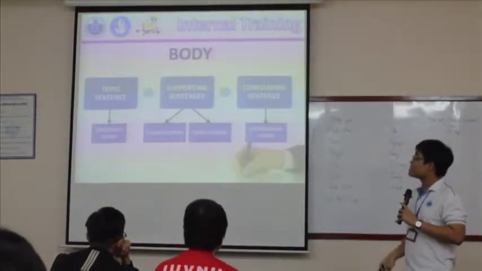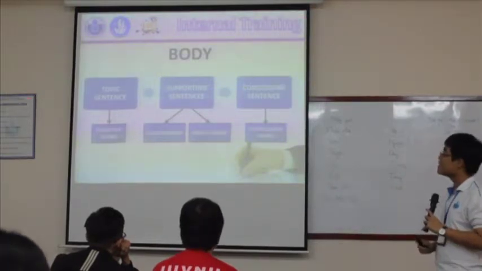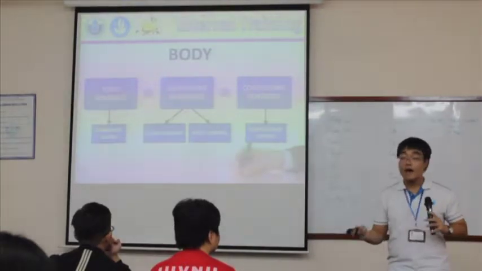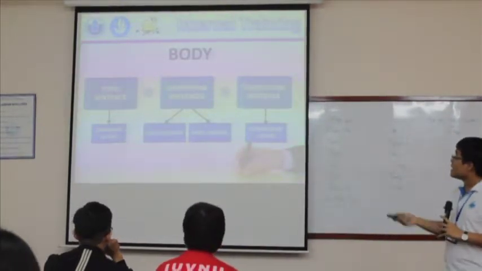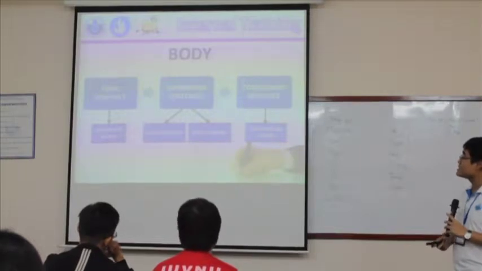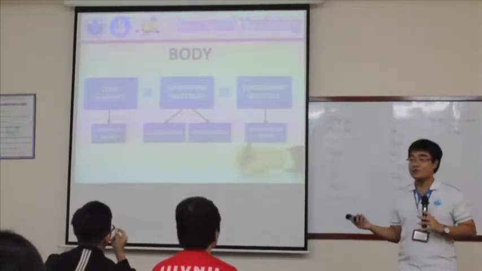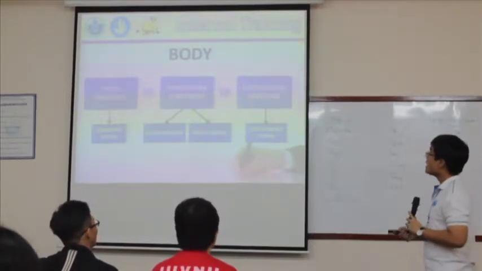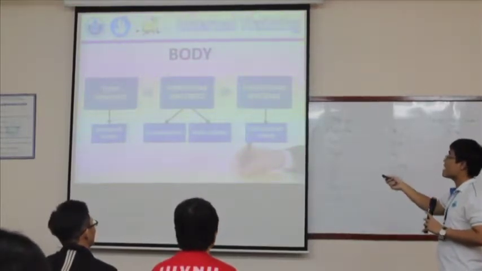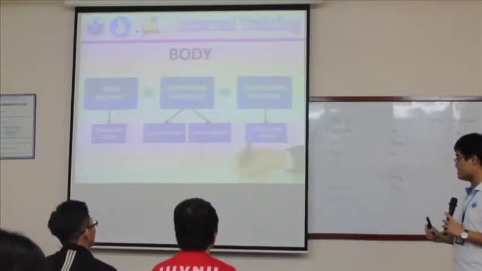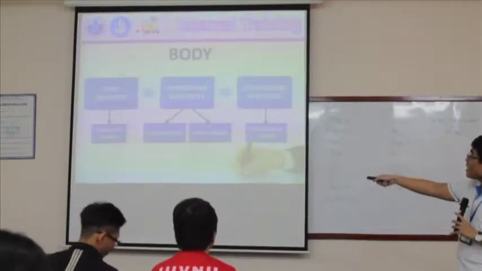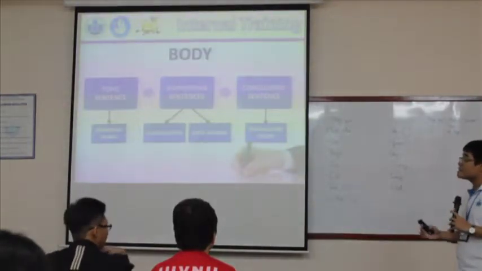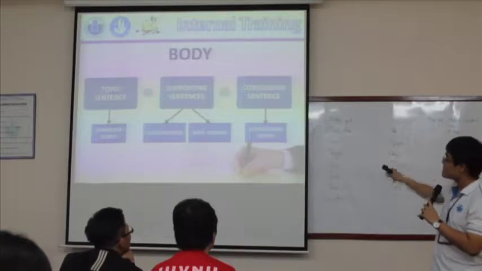So first, here we have the topic sentence. Topic sentence will help you to develop your main topic at the beginning of an essay. And then we have the supporting sentences. You can use these to aid you in creating the supporting ideas. And at the end of your paragraph, you can have a concluding sentence. And here, on the second line, I have some tips for you to improve the performance of these three sentences.